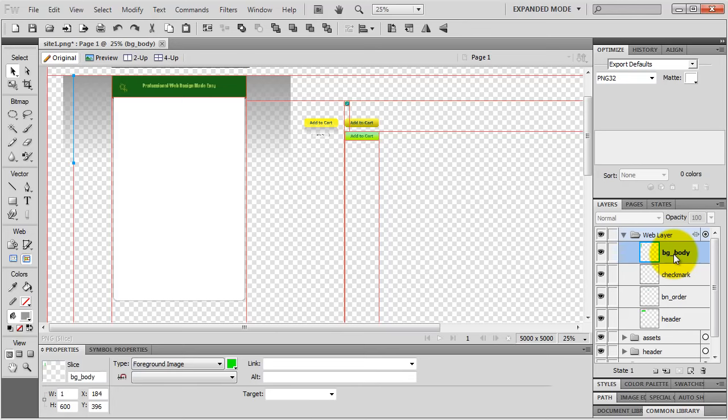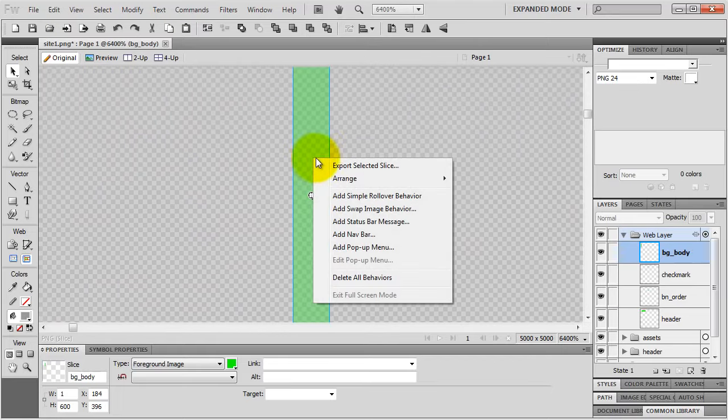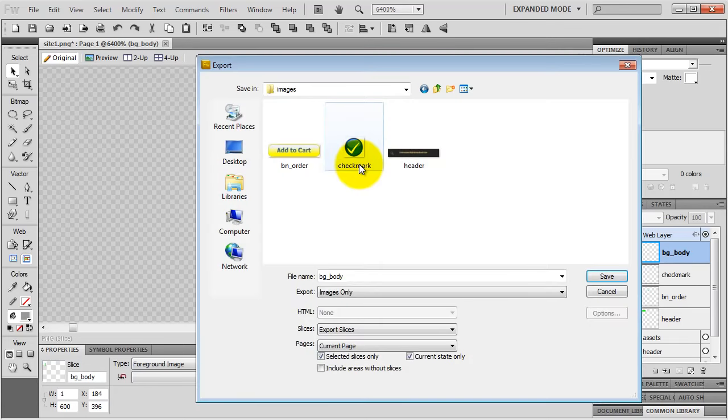BG stands for background, and body because it's gonna be the background of my body in the CSS code. You will understand it in the next video when we set up the site in Dreamweaver. Okay, I export my slice to PNG 24 format because it doesn't have to be transparent. I select my slice so I can zoom on it, and I right click on my slice or control click on the Mac and choose export selected slice. Click save,